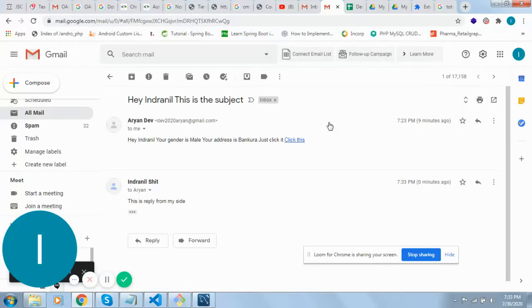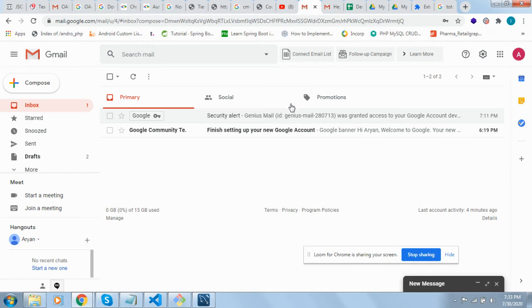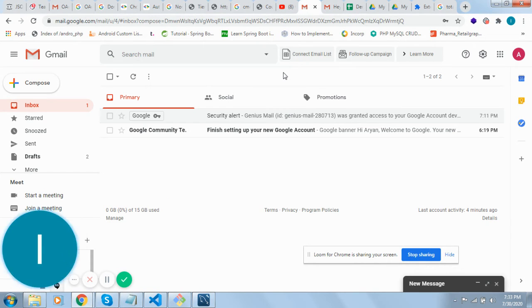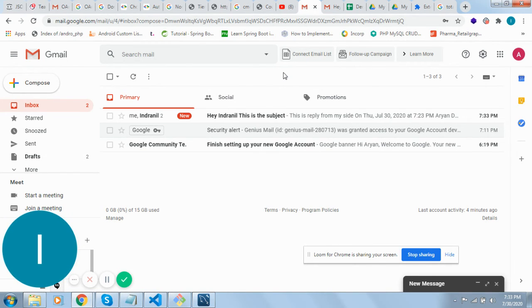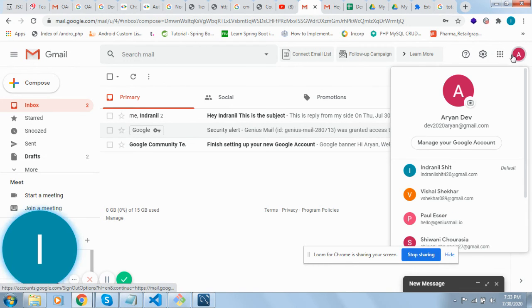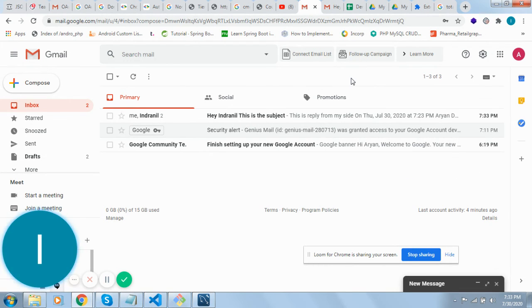see, from these email addresses I have replied to that mail, so it should get updated. We are checking it, as you have given that email access permission. See, I have received that mail from these email addresses. As you have given that permission, I can read and modify your email.